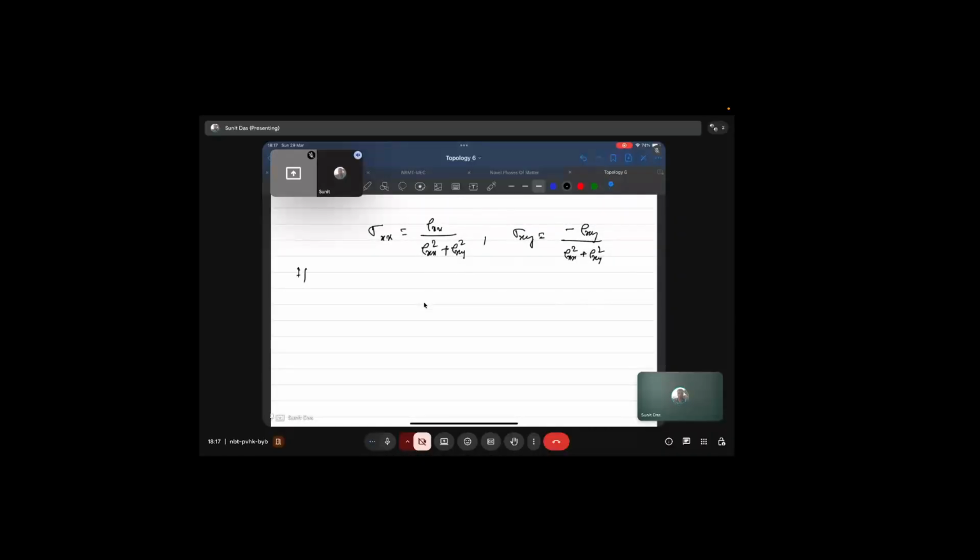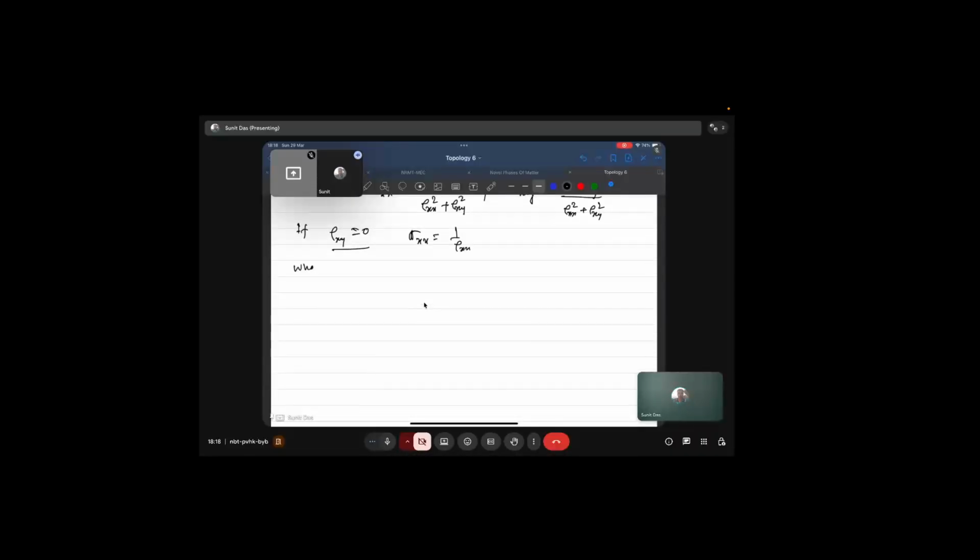So if your rho xy equal to 0, right, you have no transverse conductivity. Transverse Hall resistivity is 0. Then what you have is that rho xx is 1 by sigma xx, which means that conductivity is inversely related to the resistivity, which is what we know. But then when you have rho xy not equal to 0, which is the case for a quantized Hall conductor,